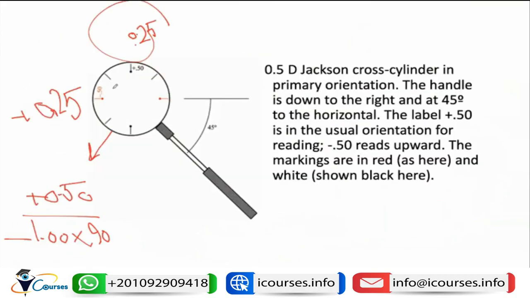So again, the Jacksonian cross cylinder can be either 0.5 or 0.25. This will be the power of the cylinder on the Jacksonian cross cylinder. The handle will be at 45 degrees between either the minus power or the plus power. So the handle will again be 45 degrees. This is asked in the MCQ. The handle is 45 degrees between the axis of the minus power, as in red, or the axis of the plus power, which is in the